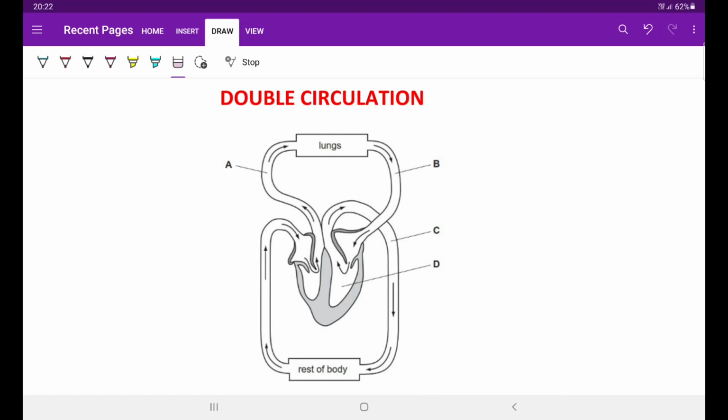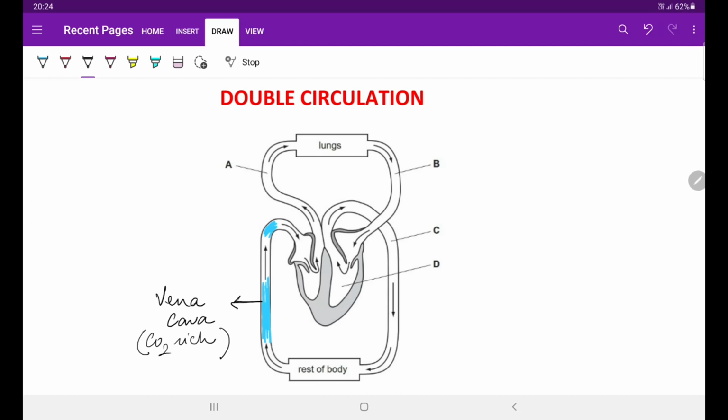As usual, we will start this process from the blood supplied to the heart from the body tissues. So, as you can see here, the blood vessel which carries the carbon dioxide rich blood from the body parts to the heart. Now we are very clear about which blood vessel this can be. This blood vessel is vena cava. Vena cava, as we know, is further divided into two subparts. One is called inferior vena cava and the other is called superior vena cava.